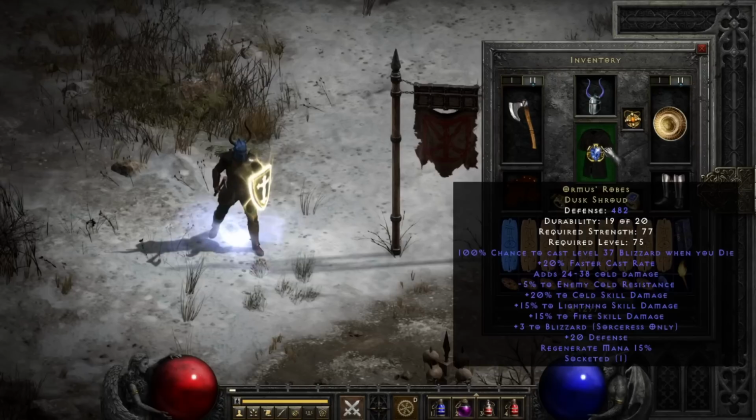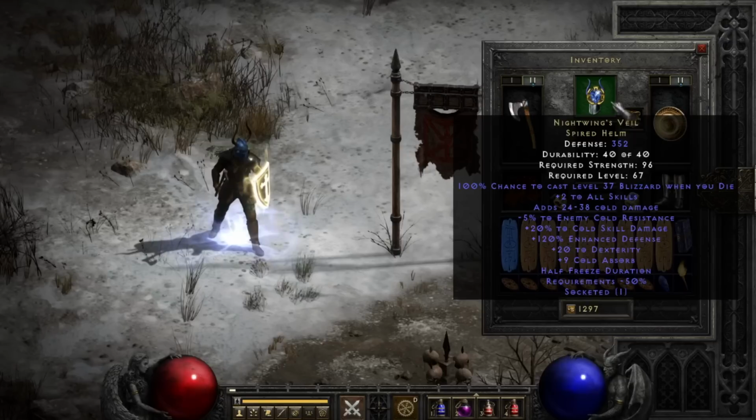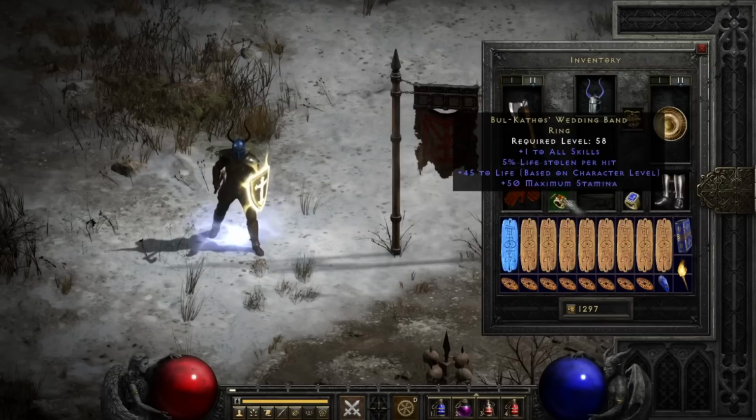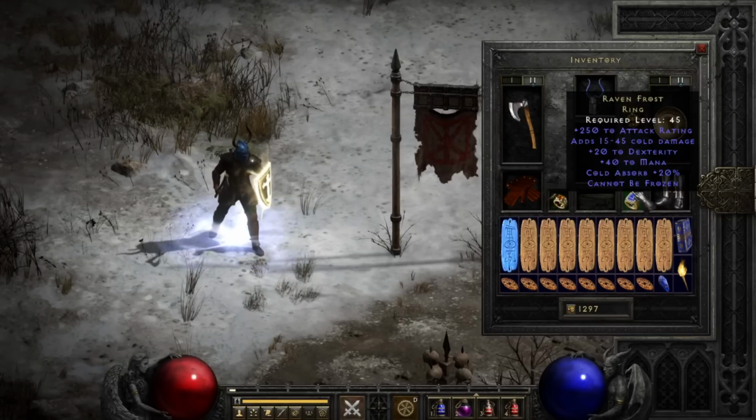The armor is Enigma with 15% cold damage, of course also socketed with a cold facet. Same with Nightwing's Veil, this helm is perfect. It increases cold damage and the aura level, which means more damage. For further aura levels, the paladin also wears a Mara's, an Arachnid Mesh and a Bul-Kathos, plus Ravenfrost, War Traveler